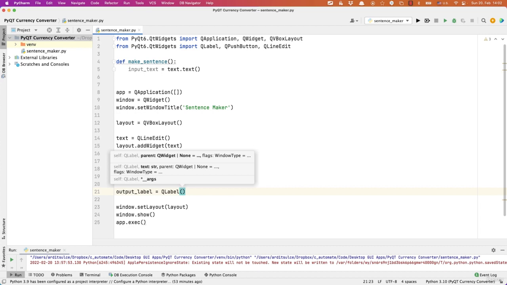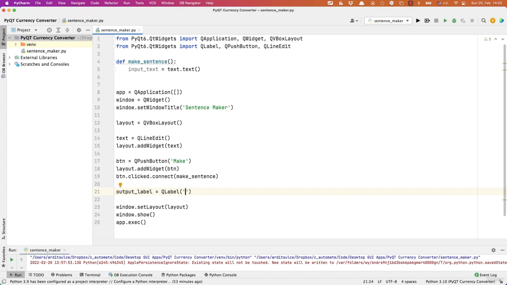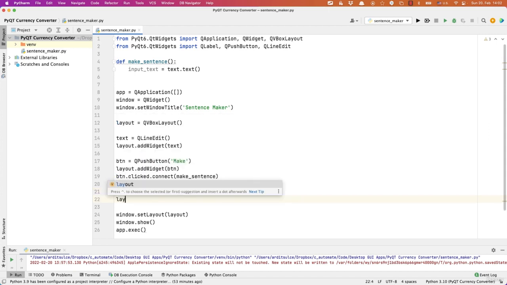This needs to have an empty string as input. If you wanted to show something else, you could write it there, but we don't want to show anything initially when we display the application, the interface. So leave it empty and then add it to